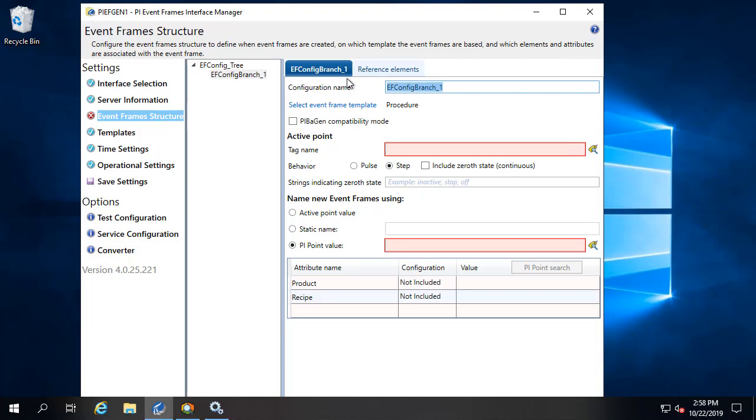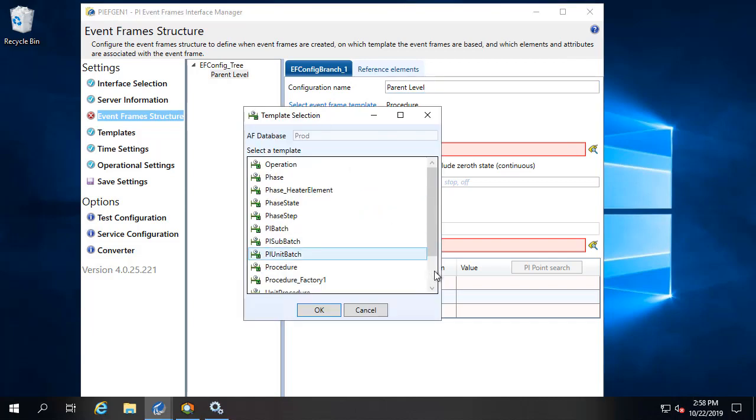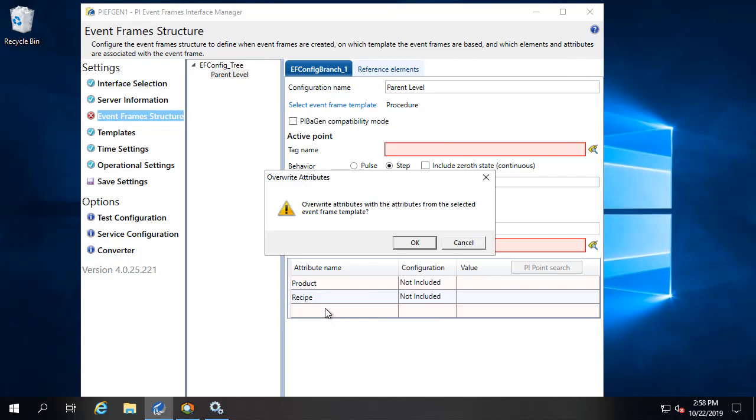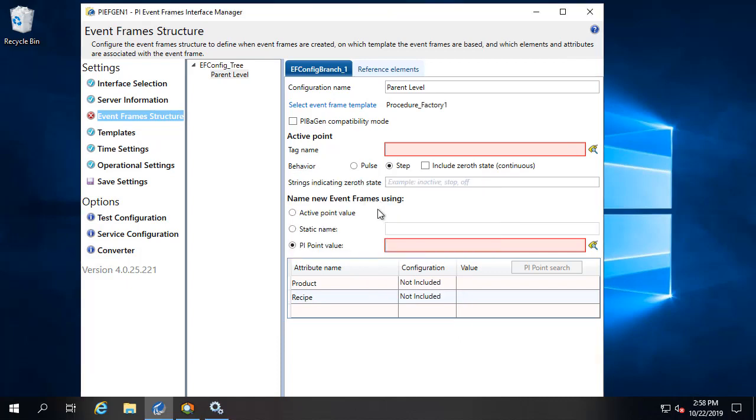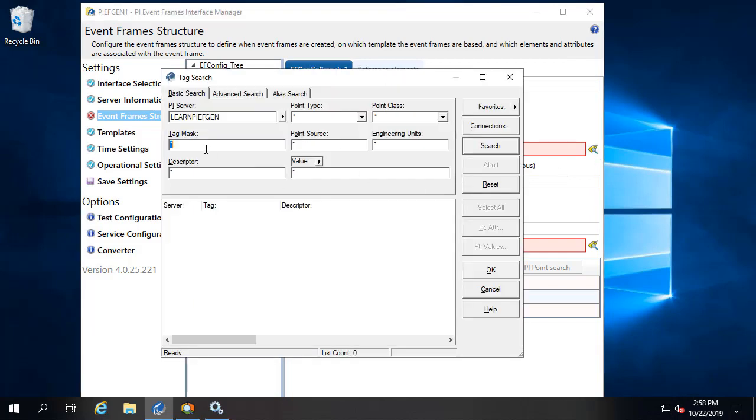So first, let me rename this configuration to parent level, and always be sure to select your event frame template at the beginning, because if you select it later on, it's actually going to force you to clear out any configuration that you made down here in the attributes section. So here I have named the configuration node and selected my event frame template. Now our active point is going to be